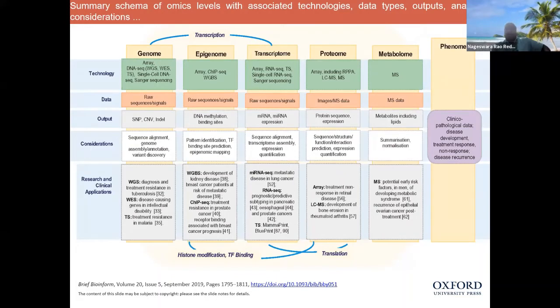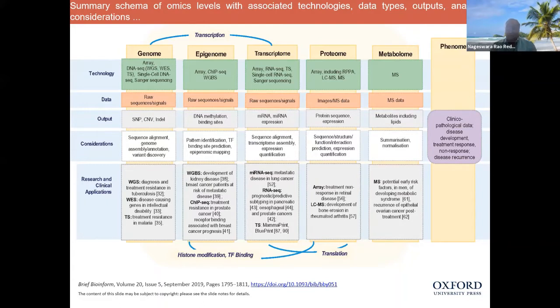So what do you get here? Mass spectra data and images of proteins which are expressed. Then what do you know? The protein sequence which is being expressed. This is the output. Now, what do you understand better? You can understand the sequence of the protein, the structure of the protein, the function of the protein, what this protein is interacting with, and in what quantity this protein is produced. Sequence, structure, function, interaction, and quantity of the protein.